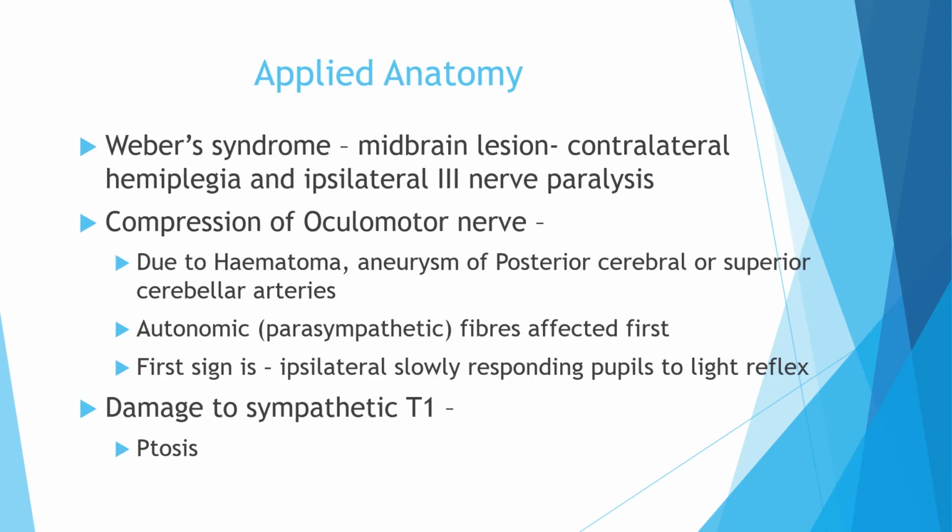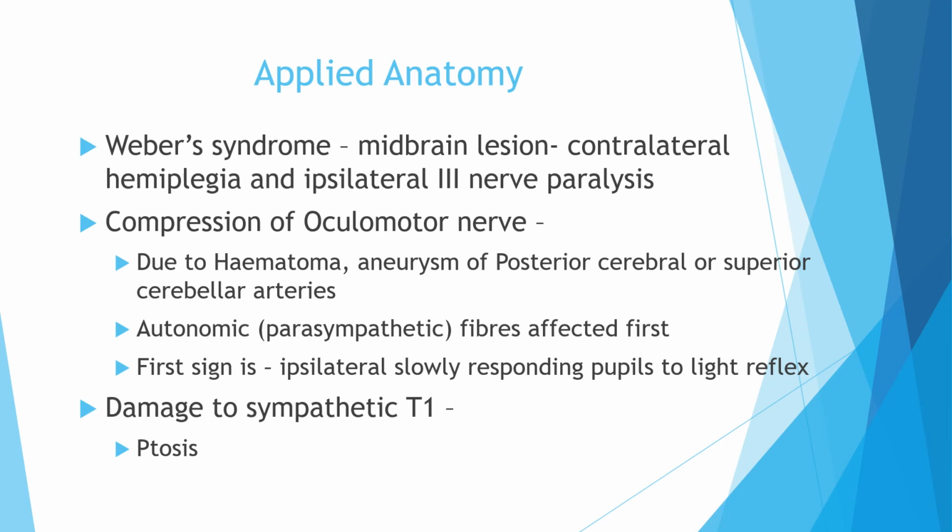Now, the oculomotor nerve can also be damaged in midbrain lesions, which is called Weber syndrome. When there is damage to this nerve, there will be same-sided oculomotor nerve paralysis like the picture, but there will be contralateral hemiplegia. Why contralateral? Because in the midbrain, the corticospinal fibers which are coming from the cerebral cortex have not yet crossed. They will cross in the medulla. Hence, these are going to control the opposite half of the body. When these fibers are damaged, there will be contralateral hemiplegia.